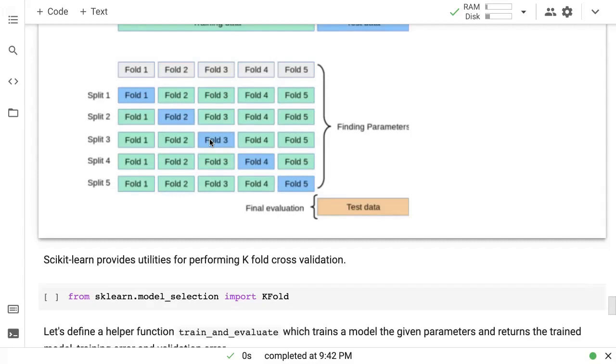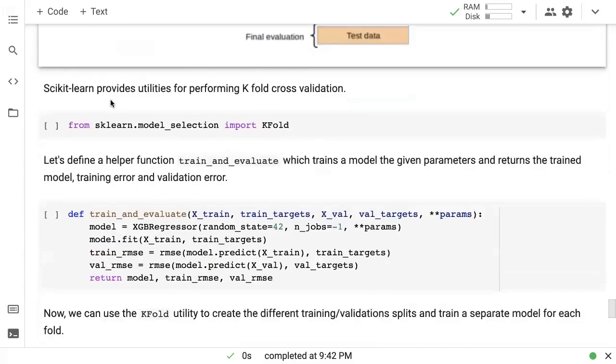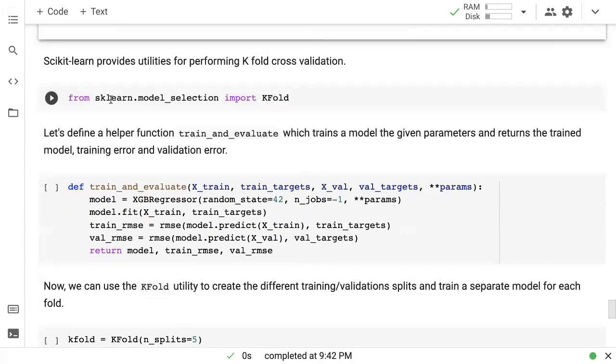For training, we are using all the data, but at the same time, we still have a way to analyze how these models are doing by looking at the validation score for each of the splits. Okay. So that's what we'll implement, and k-fold is quite useful for small data sets. It's not very useful for really large data sets like this one, where we have millions of rows, a million rows actually.